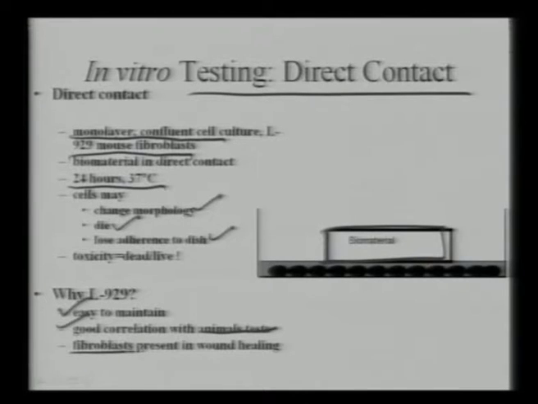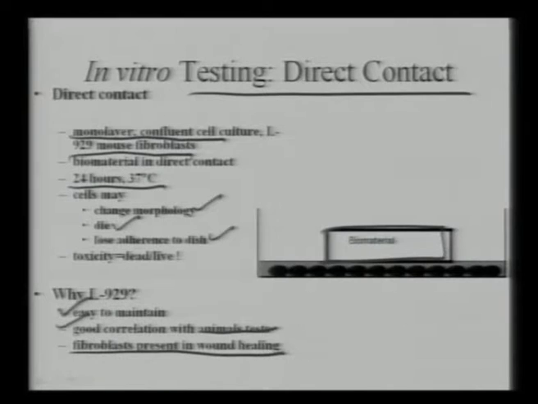If it has good cytocompatibility with L929, it has good biocompatibility in vivo. The third point is that fibroblasts are present in the wound healing process. Wound healing means, essentially, when you are cutting some bones or joints in the human body and putting the implants,